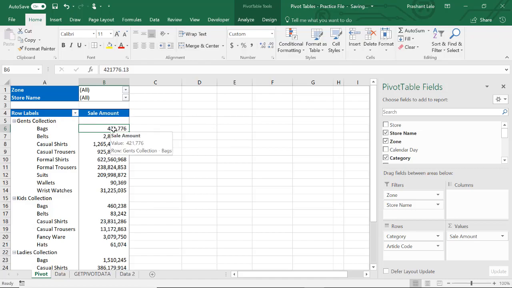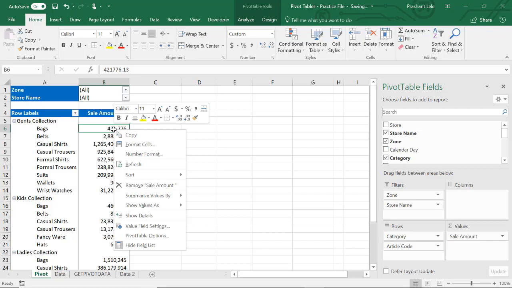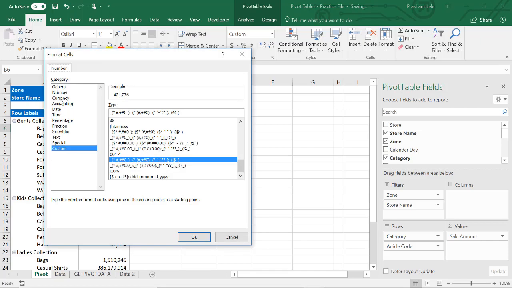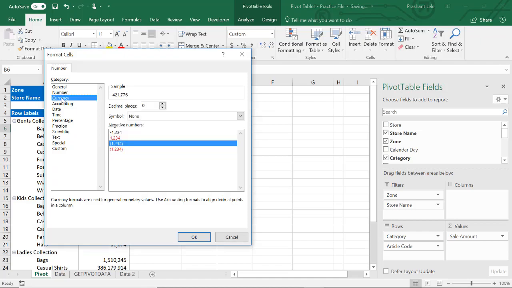So instead, just right click on the value field and go to number format. Once you assign the number format here, it will stick to that value field, and whatever report it is in, whenever you choose this field, it will always be shown in that number format.